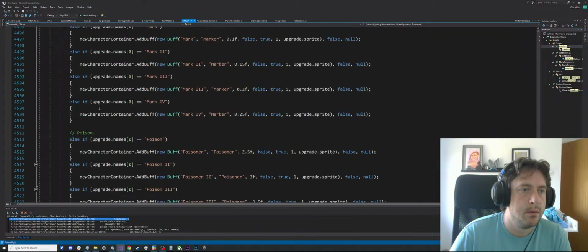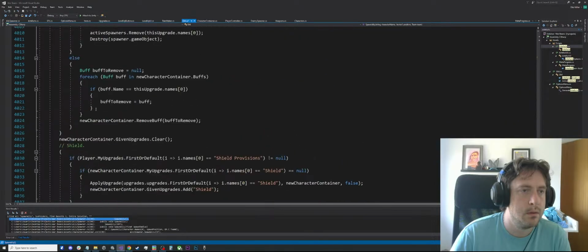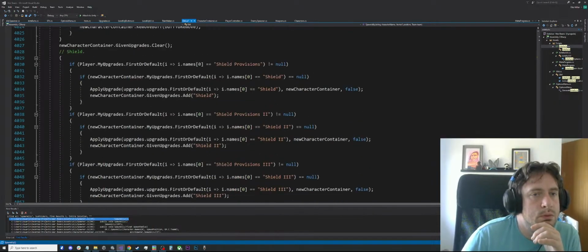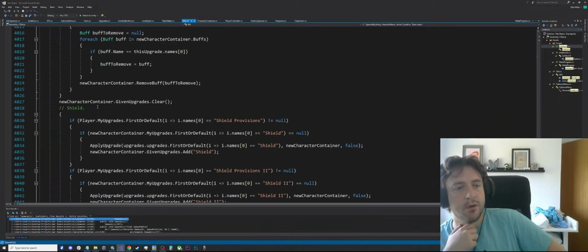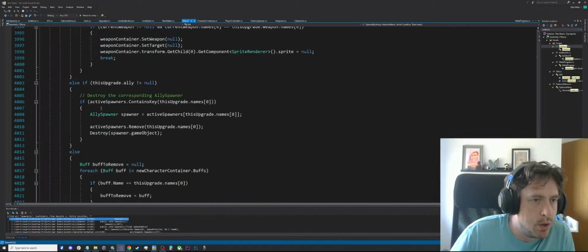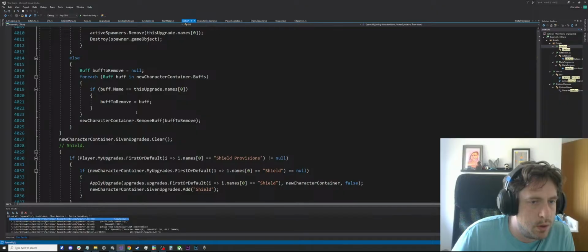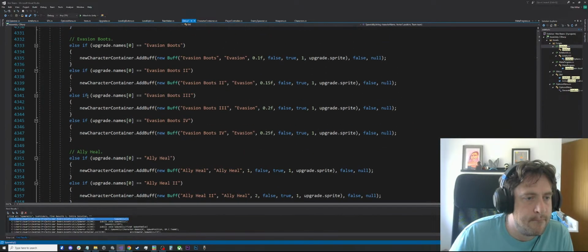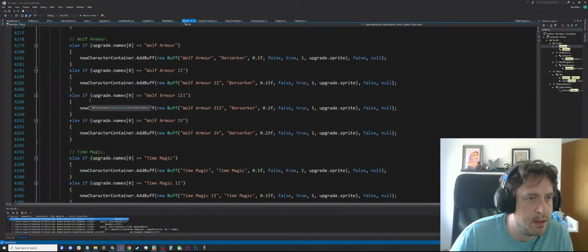When we make a character we apply talents to it, and we take all of the talents that we have and we apply it to